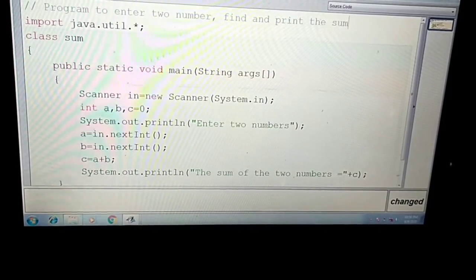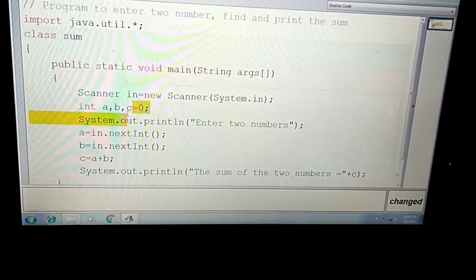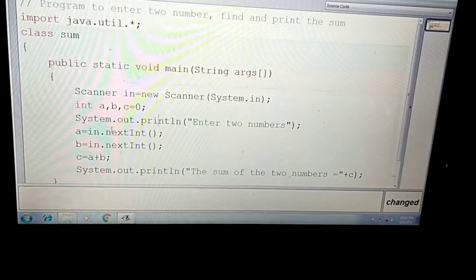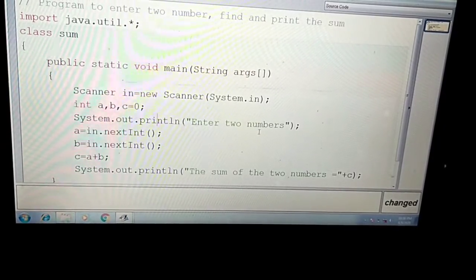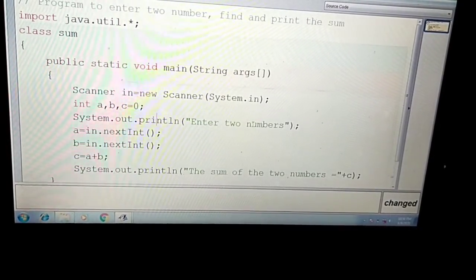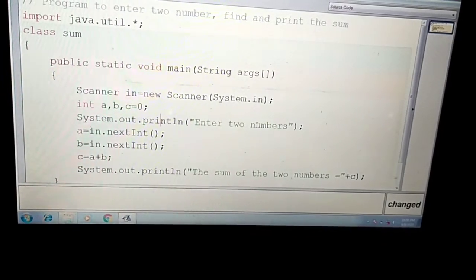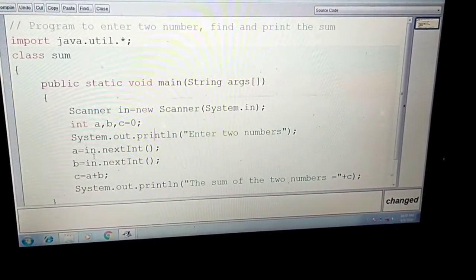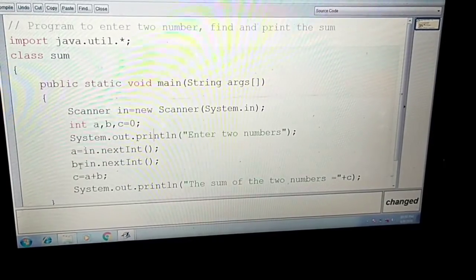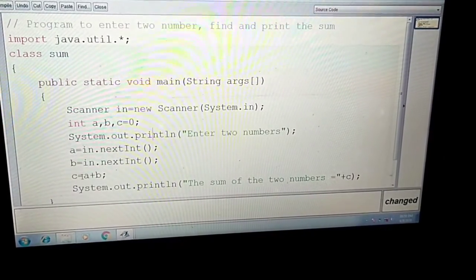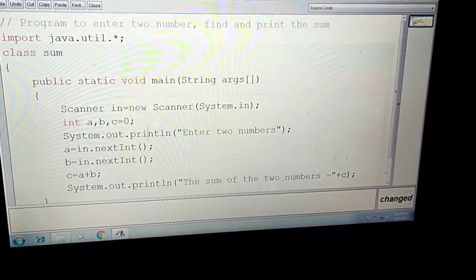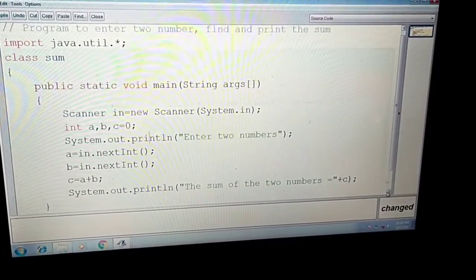Here also you are taking three variables, a, b, c equals 0, c is equal to 0, System.out.println enter two numbers. Here you are giving a message to the user, enter two numbers, and accordingly you are entering two numbers here. Then in c we are getting the sum, and at last similarly we are printing this.